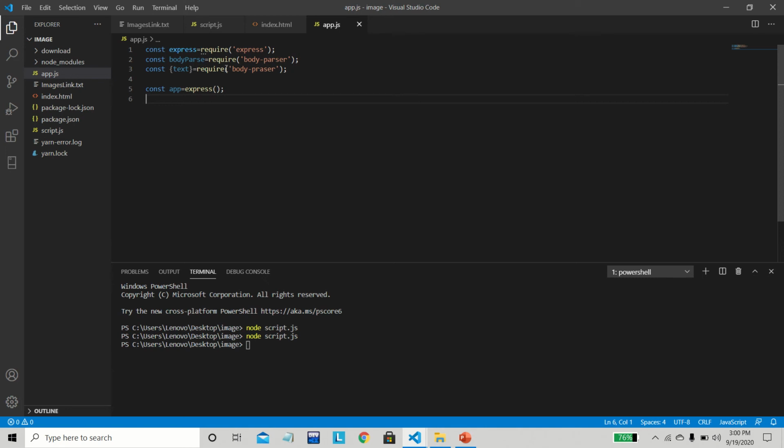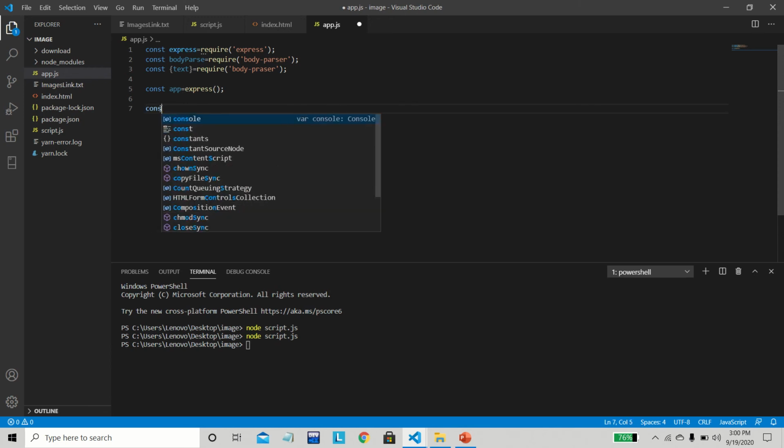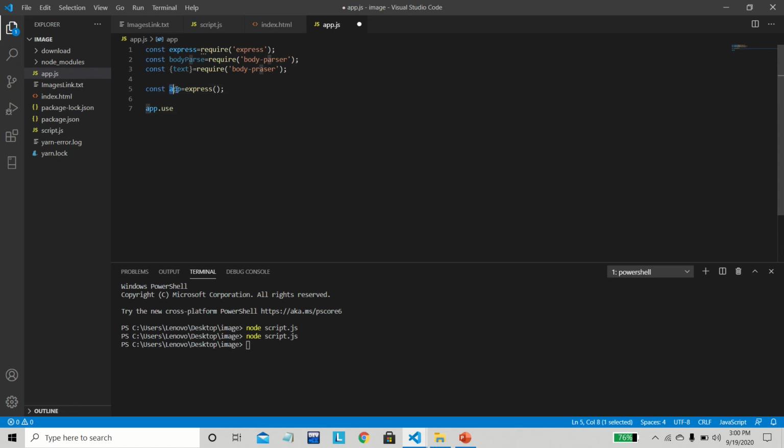Okay, now what we are going to use in Express is body parser. So I will tell app to use it. Why am I using app? Because I have the constant app here.